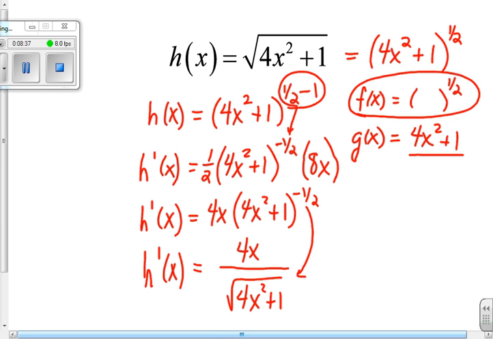So there's 3 examples of the chain rule. Hopefully this gives you a head start if you missed